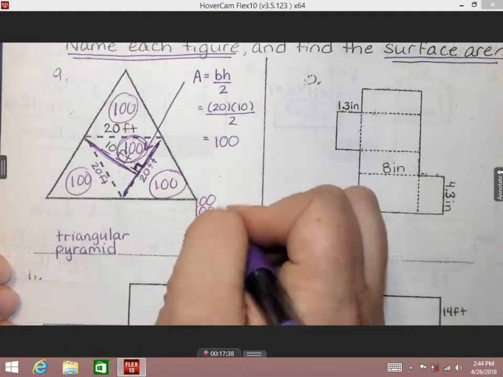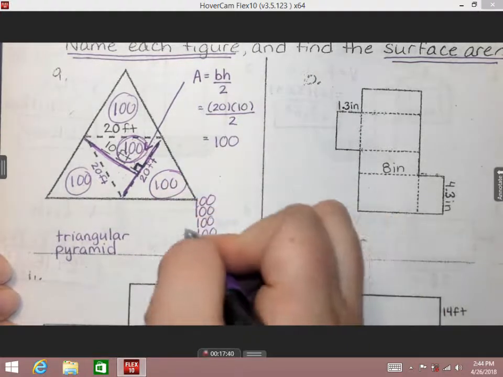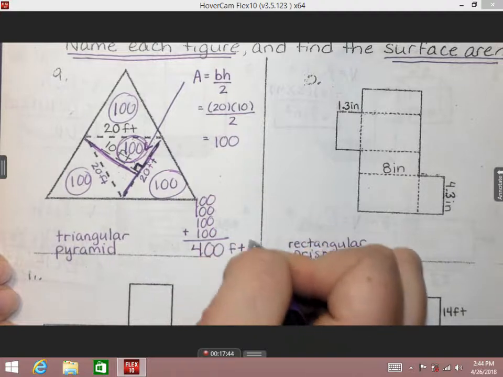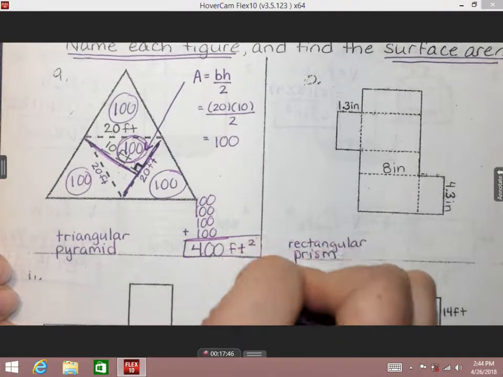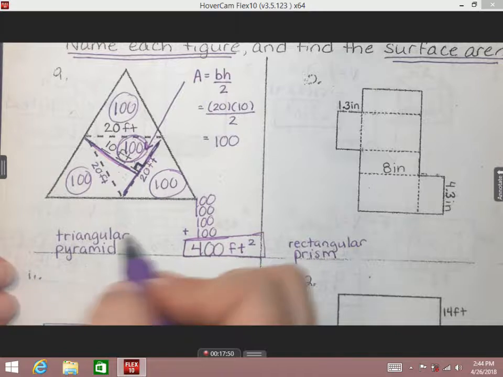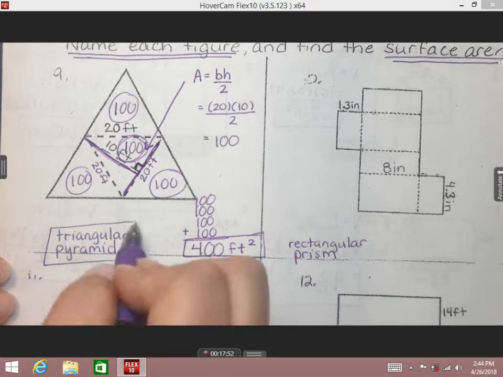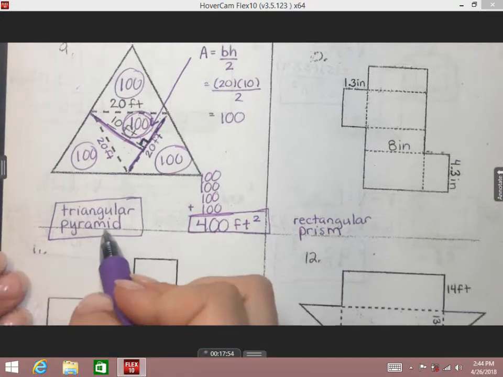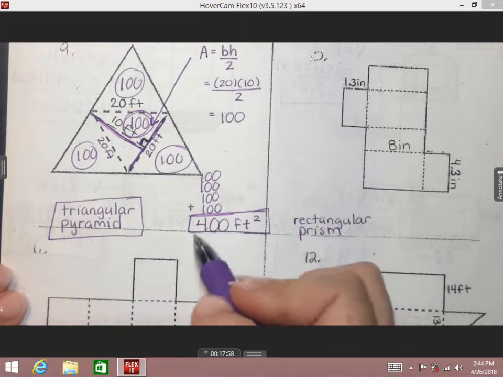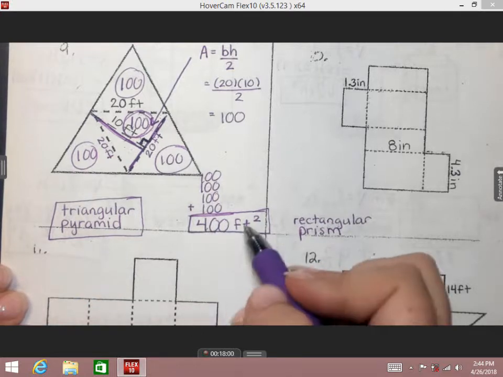Well, 100 plus 100 plus 100 plus 100, when I add that, is going to give me 400 feet squared. We are going to make sure we square that because it is area. All right? When I grade this, you're naming it, that's going to be 2 points. The number that you get as your answer is 3 points. The measurement